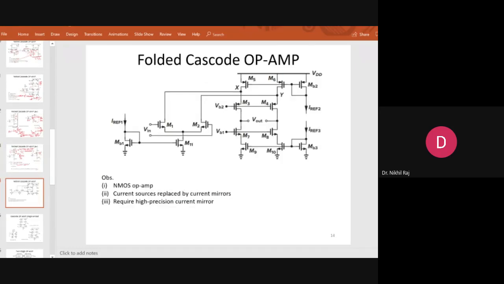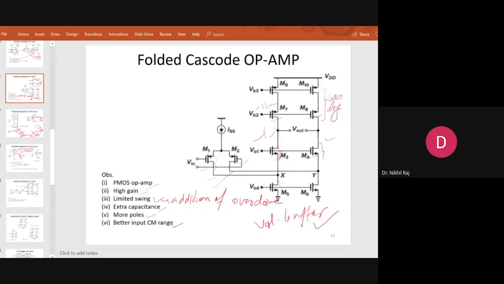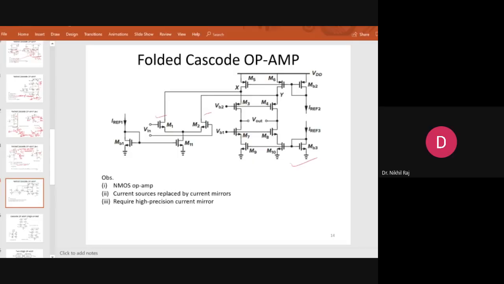So as we have seen this folded cascode, how to calculate the gain. Now this is another version of the folded cascode where NMOS is given as the input. You see in the previous architecture PMOS was taken as the input, so it was biased with ISS through VDD. And if I take NMOS as the input, then I will bias through ISS here. So it is an NMOS based op amp.